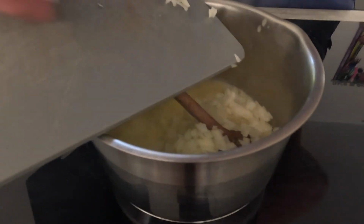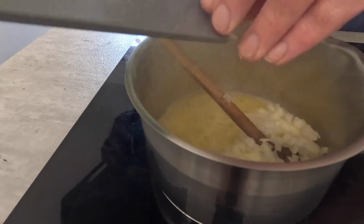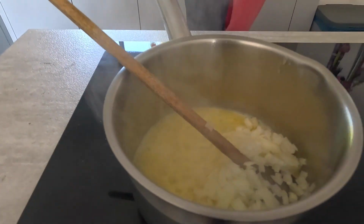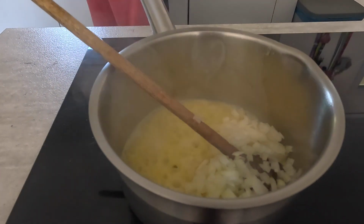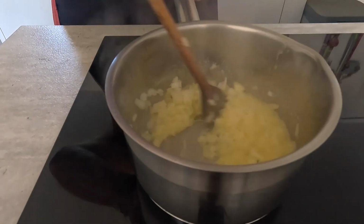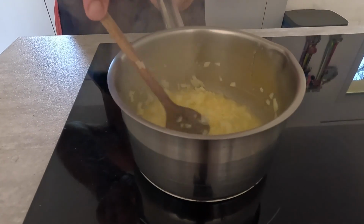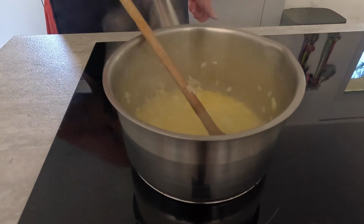Into the pan. You'd be surprised how much it changes the flavour of your bechamel sauce just by putting an onion in it. Oh, I can imagine. Well, I've tried it. Yeah, you are right. Gives it body as well. It does. So, this is the base of the...